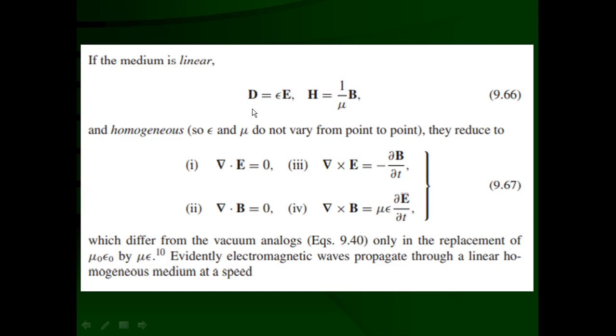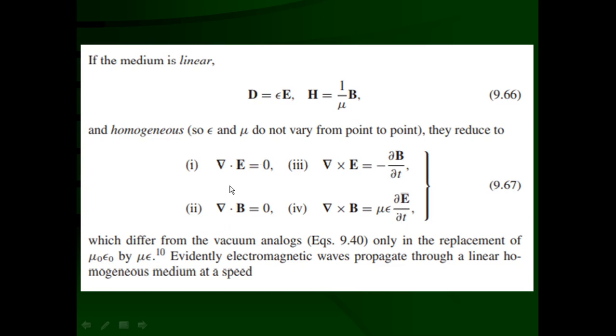So in Maxwell's equations, divergence of D is equal to 0, so we can write divergence of E is equal to 0. Second equation, divergence of B is equal to 0. The third equation, curl of E is equal to minus del B upon del t. And the fourth equation, instead of curl of H, I put B. So mu is going to be multiplied this side. And here it was del D upon del t, where D is equal to epsilon E. So we can write del E upon del t in terms of the electric field, and epsilon will come out. So this gives curl of B is equal to mu epsilon del E upon del t.